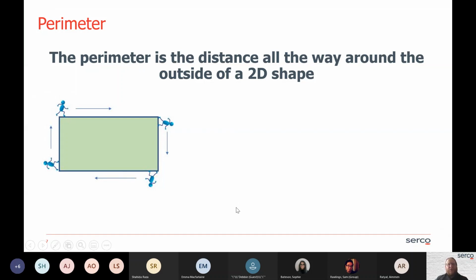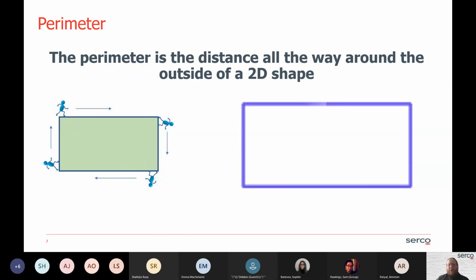I don't tend to use words like width and length, and maybe not height and depth and those kind of things, because they're a bit interchangeable. So depending on how you look at an object will depend on where the width is, where the length is, and it doesn't really matter, to be perfectly honest. What we need to do for perimeter is measure the distance all the way around the outside of the shape. So if this shape had on this side 7 centimeters,